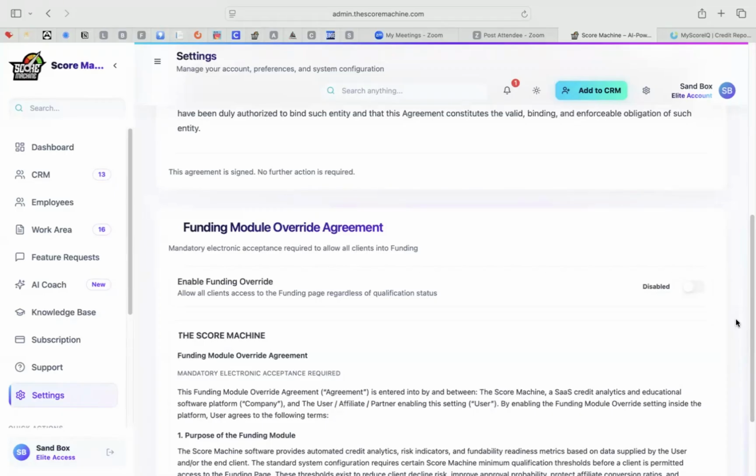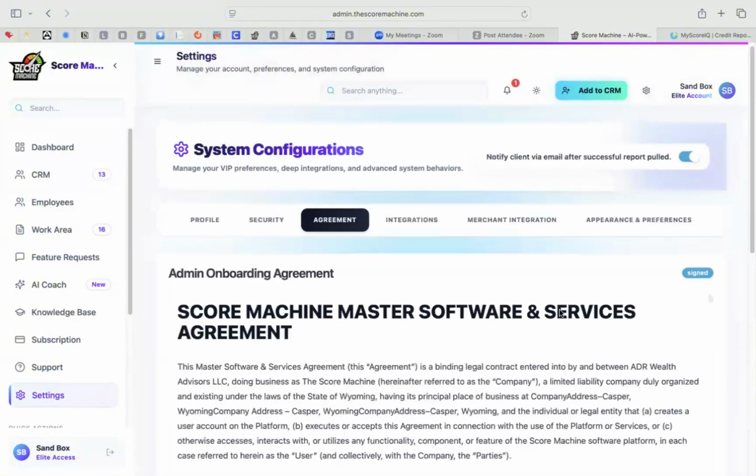Okay. Now, if you do, in fact, want to enable this, of course, I encourage you to read. You have to agree and acknowledge that you are turning that safeguard off, and anything that happens within that time frame, we are not responsible. Okay. So again, you can turn off that safeguard, and with turning off that safeguard, it gives you the ability to be able to still connect to the institutions in the software for funding. Okay. All right. So that's located under agreements,